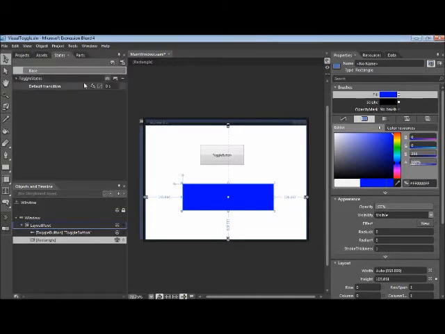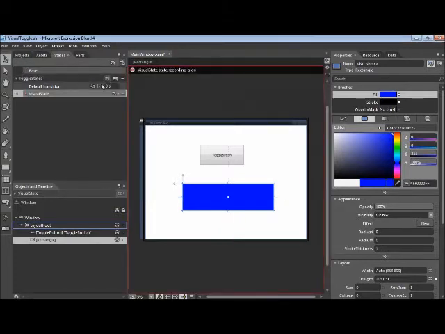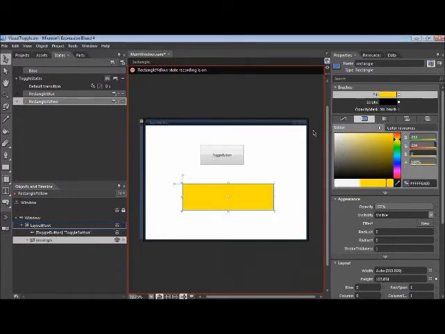Once we've named it, we can add our first state and rename it. We're going to rename it Rectangle Blue. This is our first state, rectangle blue, so we're okay. We're going to add a new state right now that's called rectangle yellow. So why do we create this rectangle yellow? Because we're going to paint it yellow. So just select a nice yellow color